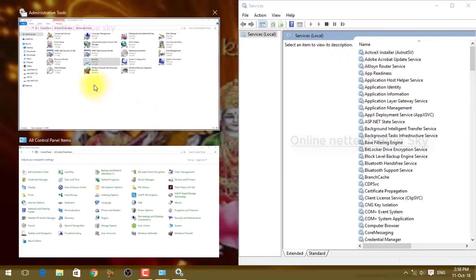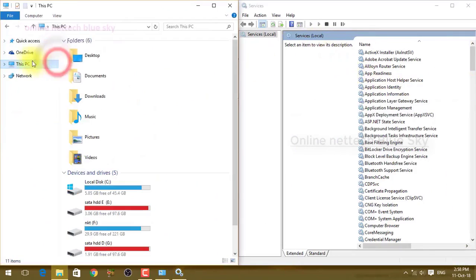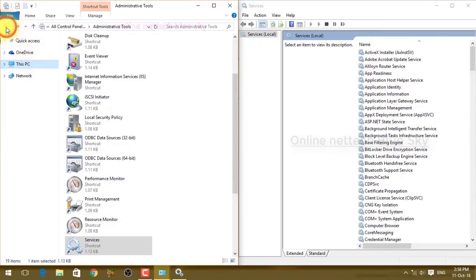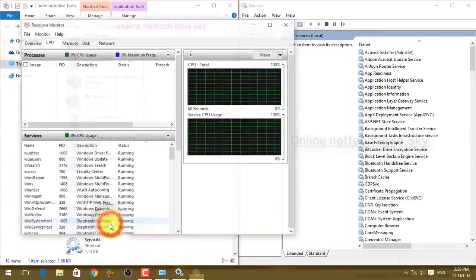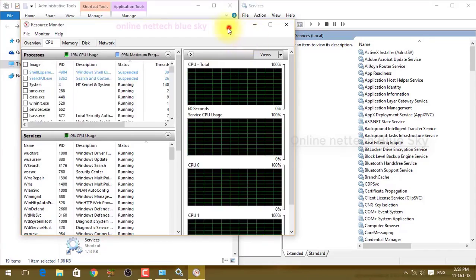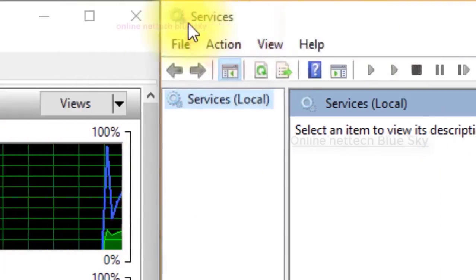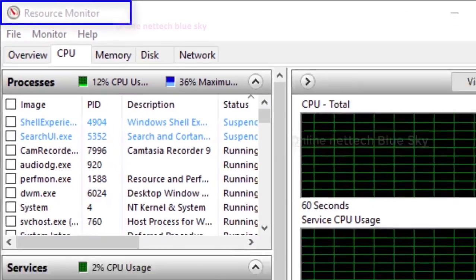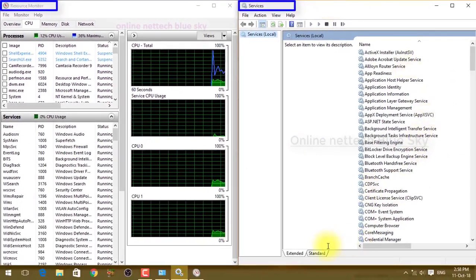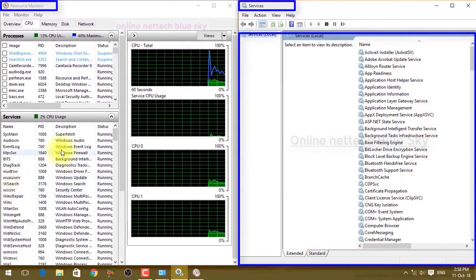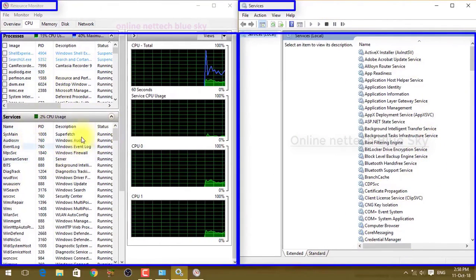You cannot access your computer directly this way, and this only works with processes and services and system processes. What is the difference between services and this type of resource monitor services?